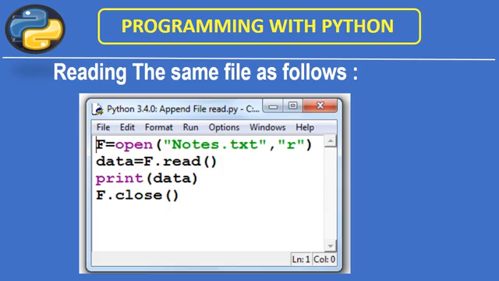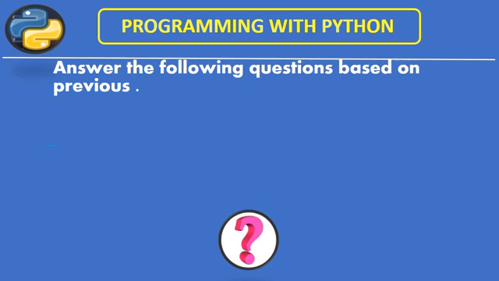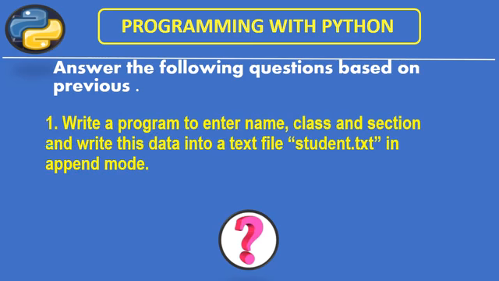After writing this data, you can check by opening this file in read mode. So you will be able to open your file and check whether the data is appended or not. This is another program you have to make for reading the notes.txt file to check the appended data, and it will look like this. When you run this second program, it will display the first line, which was the existing line of this file, and these three new lines I have added. It means we have successfully appended the data in our file.